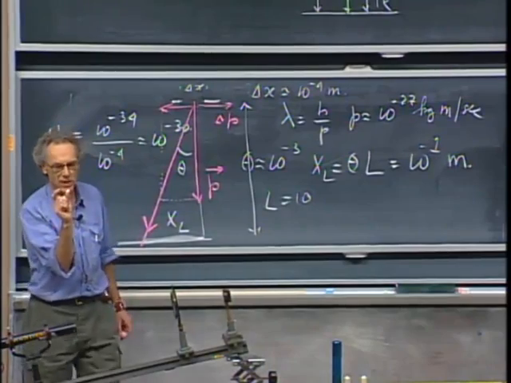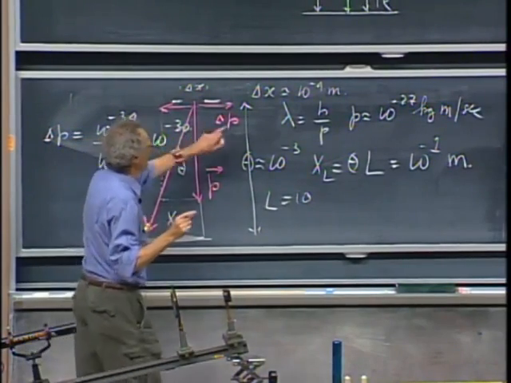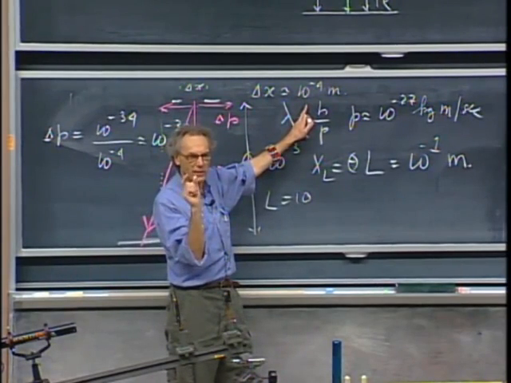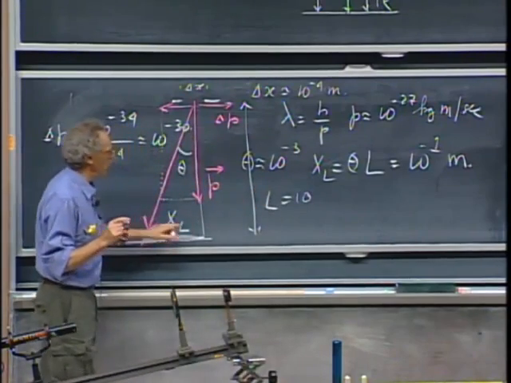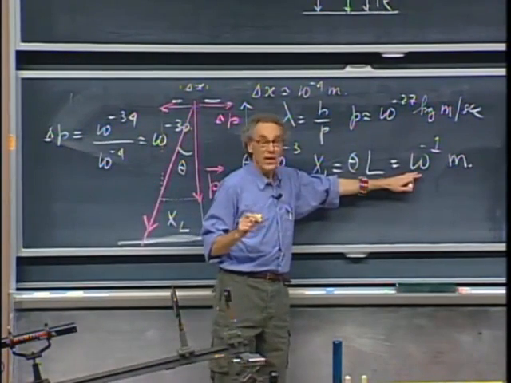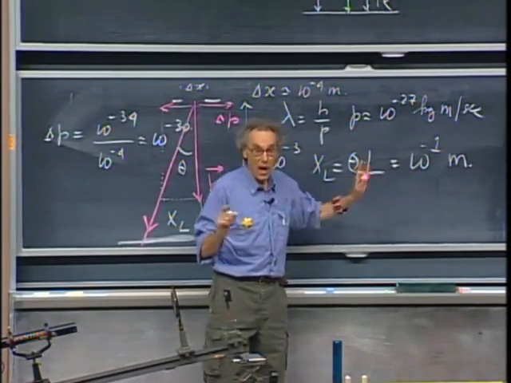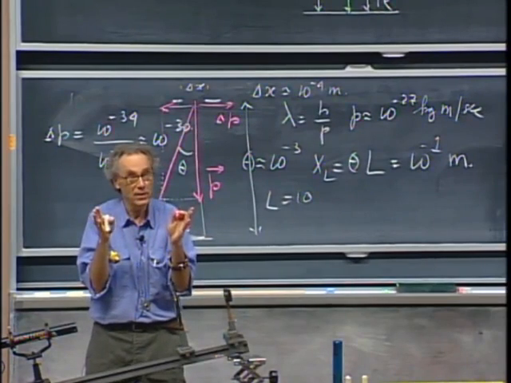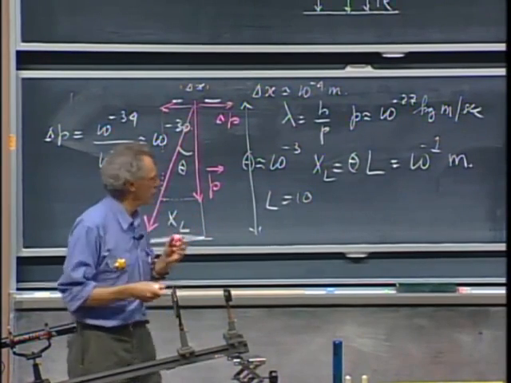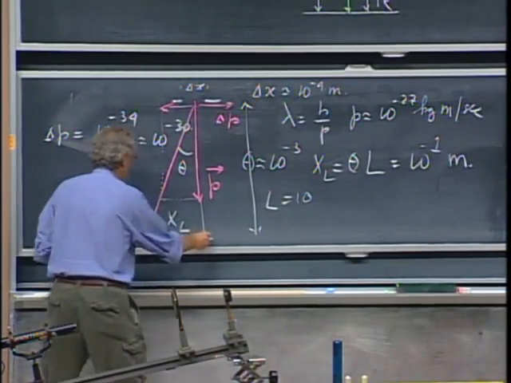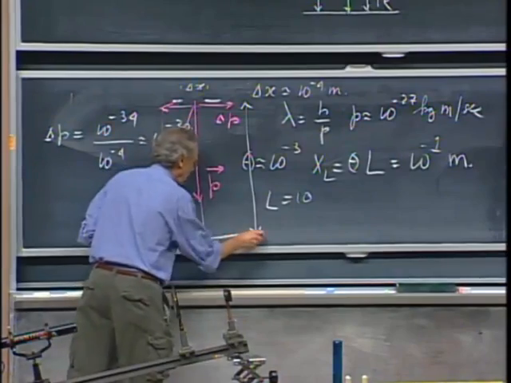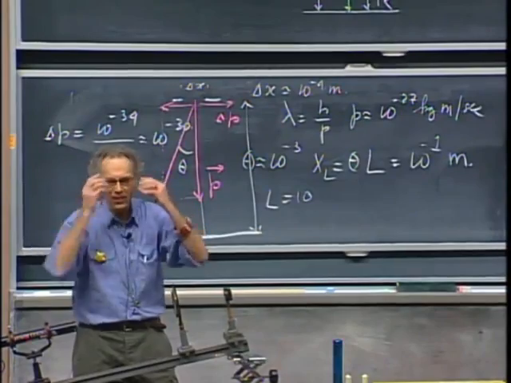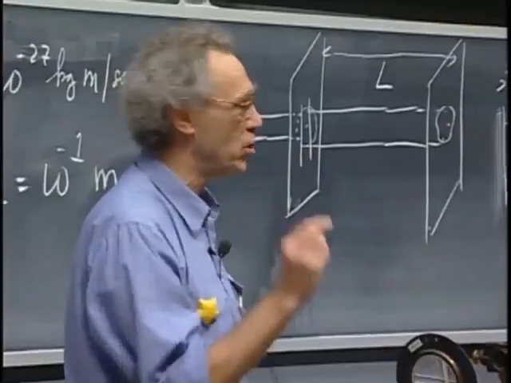2 centimeters. But when I make the slit width 10 times smaller, if I make the slit width only 1/100th of a millimeter, then this becomes 10 centimeters. Because now I know delta x 10 times better, and so delta p is 10 times more uncertain. So now I expect to see at least a smear of 20 centimeters here and at least a smear of 20 centimeters there.